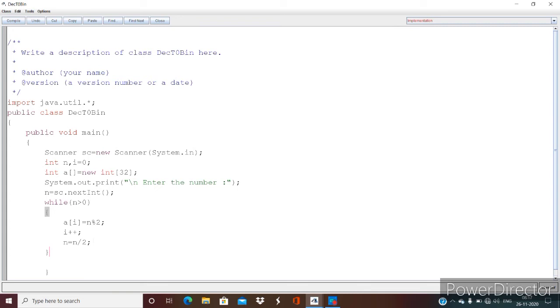So this is the loop that we are going to write. Once the number is divided by 2 and the remainders are stored in the array, we need to display the array in the reverse order.